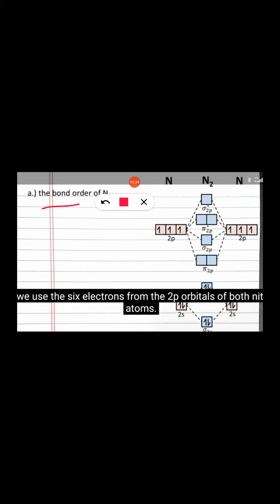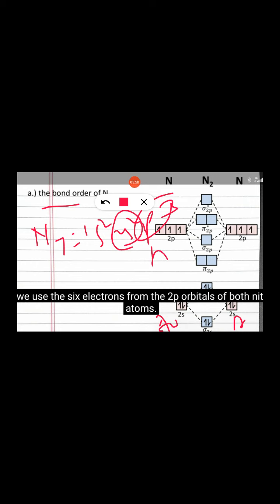So here is the electronic configuration of nitrogen as we know, 1s2, 2s2, 2p3, meaning 2s2 contains 2 electrons, 2p3 contains 3 electrons. So here 2s2, 2p3, here also 2s2, 2p3. In this way, this is the general representation of the MO diagram. See here, this is an atomic orbital, this is also an atomic orbital, this is also an atomic orbital.